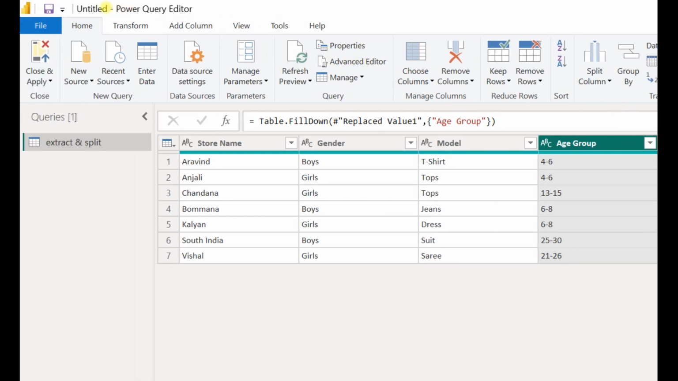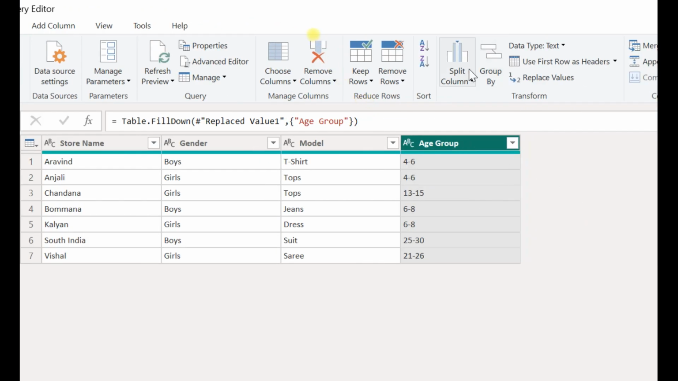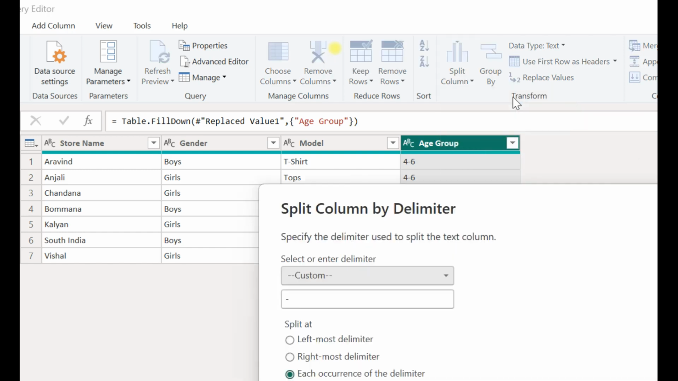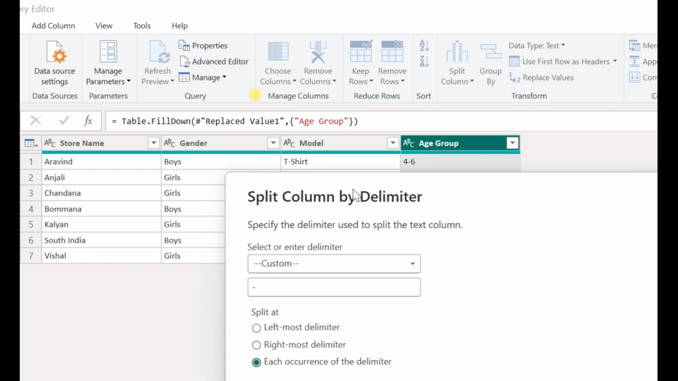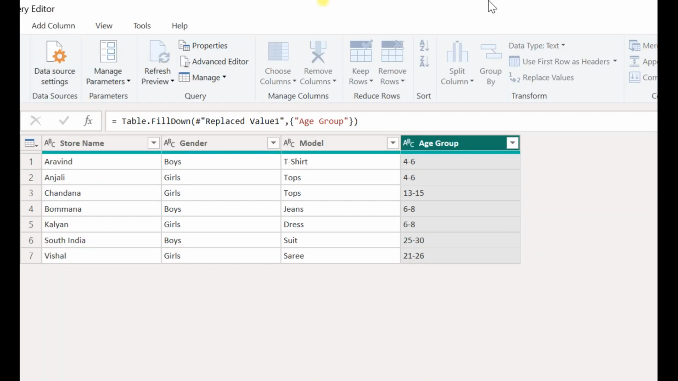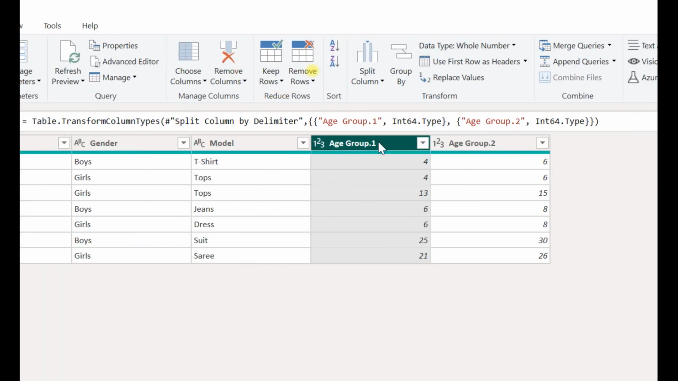Split is in home tab. Home tab, split column. Now select the age group. Select by delimiter. Delimiter here in this case is hyphen, but in split column by delimiter, the delimiter will be automatically selected by the select delimiter option. I just have to click on OK in this case. Now my age group is divided into two parts. One is age group 1 and the other one is age group 2, and the original table is now deleted. I can also rename this as minimum age